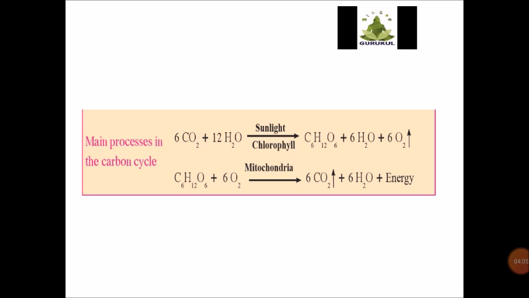Then in the second process, C6H12O6 plus 6O2 in the mitochondria, what is given out? Carbon dioxide is given out, plus 6 molecules of water, and energy is released. The second process is the respiration process, which takes place in the mitochondria. So you all know that respiration takes place in the body of the organism, and that also in the